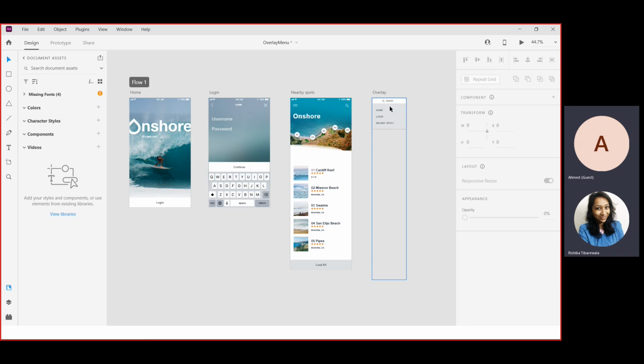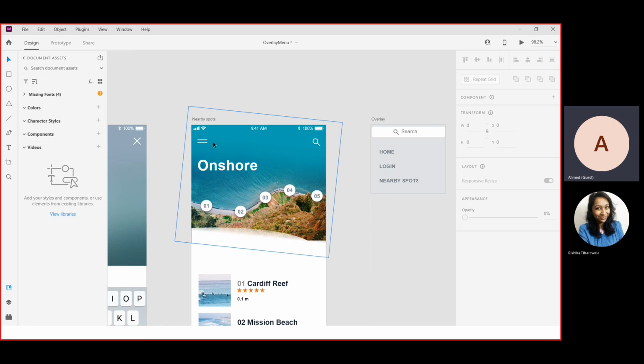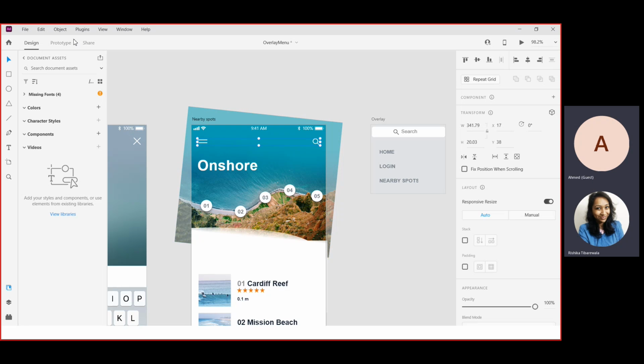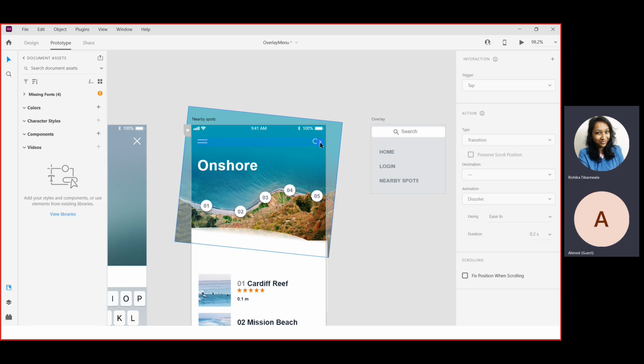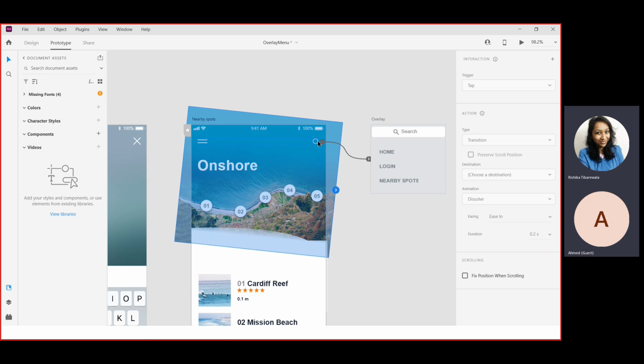So suppose you want this menu to appear when you click on the menu bar icon. So in the prototype mode, I'm going to make the selection, link it to the overlay artboard. So I have created a new artboard for my menu. You can see this is an artboard, but the size of the artboard is just the same as the menu bar because I want it to drop down from here as it is. Now, how to apply that effect? In the transition,